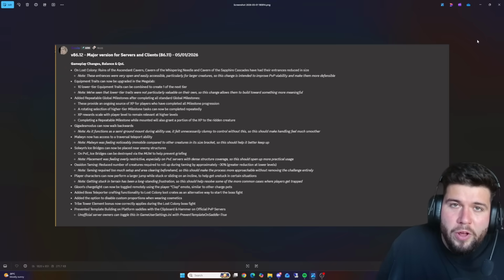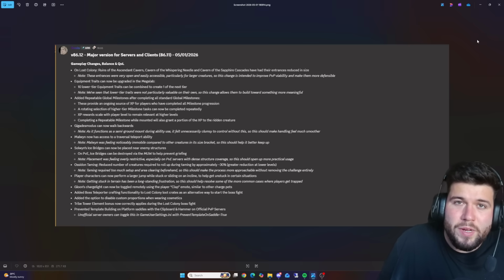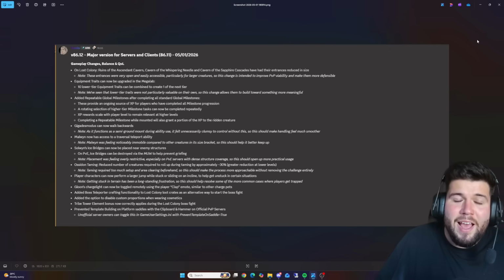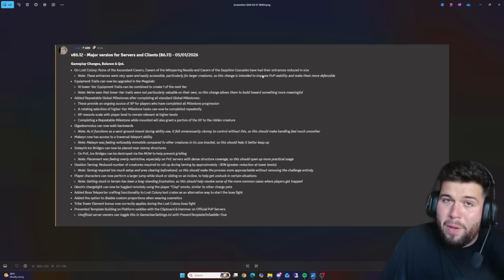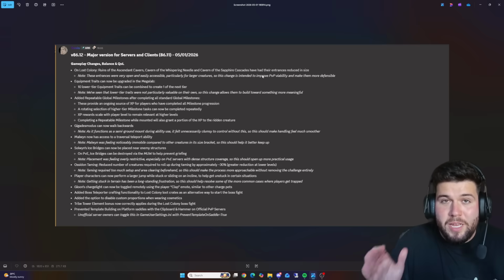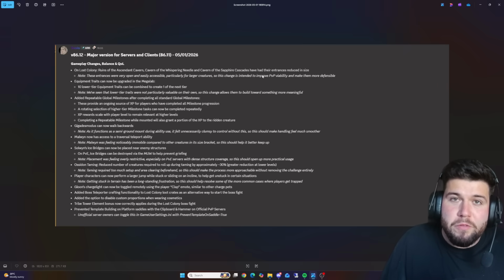So, Studio Wildcard have officially just released the biggest update so far of 2026 for ARK Survival Ascended. And when I say that these patch notes are big, they are big. This is just page number 1. So, sit back, relax, grab some popcorn, grab a drink, and we're going to read through everything that's changed with